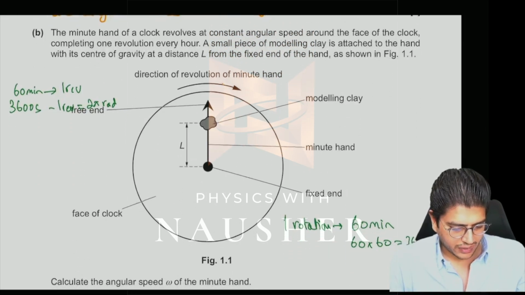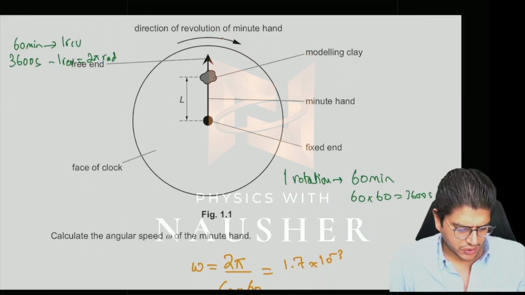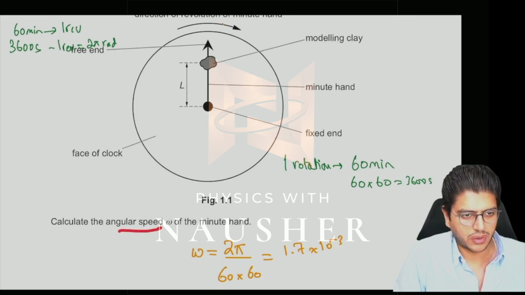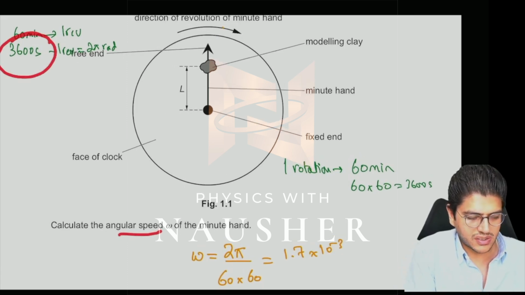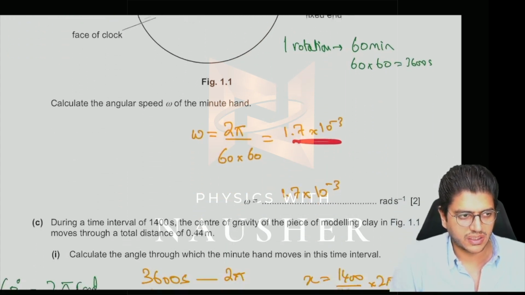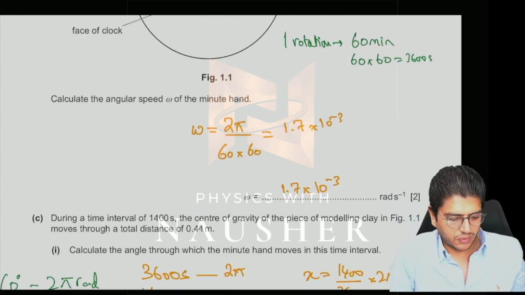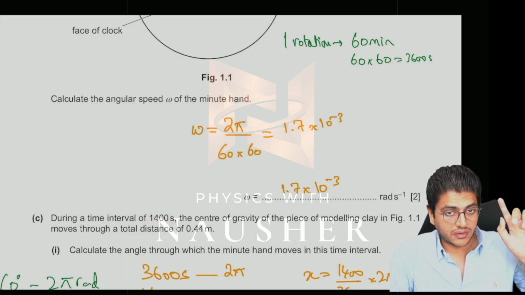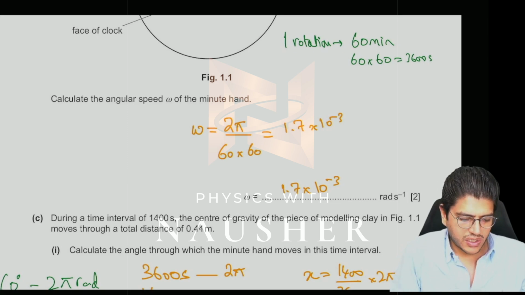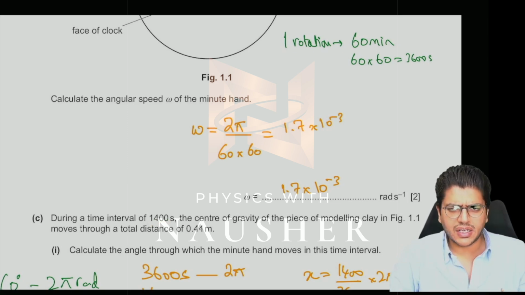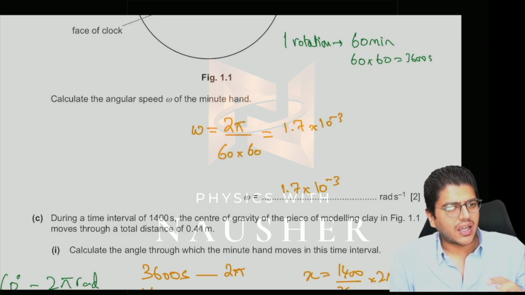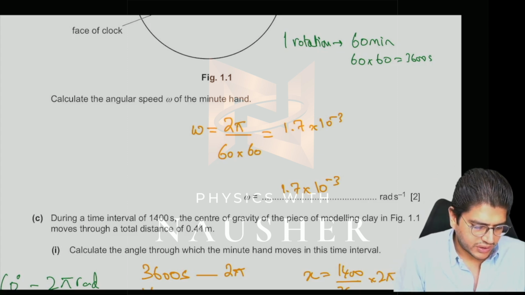Now, if you go back to the question, the first thing they're asking you for is the angular speed. Angular speed is 2 pi over T. The time period, as I explained, is 3,600. So 2 pi over 3,600 would give you 1.7 × 10^-3. Now, during a time interval of 1400 seconds, bear in mind that one rotation is 3600 seconds for the minute hand. So this is definitely less than one complete rotation. How much angle have you covered for 1400